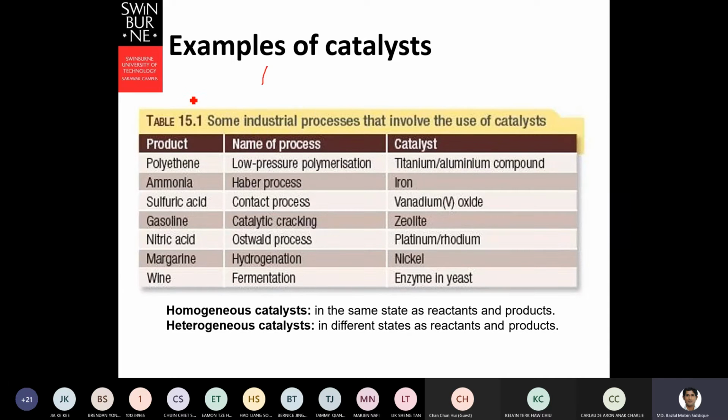Like A and B, we have on the reactant side, A plus B, which is producing C plus D, let's say. Just an example. So let's say A and B are both solid or both liquid. If A and B are both solid,